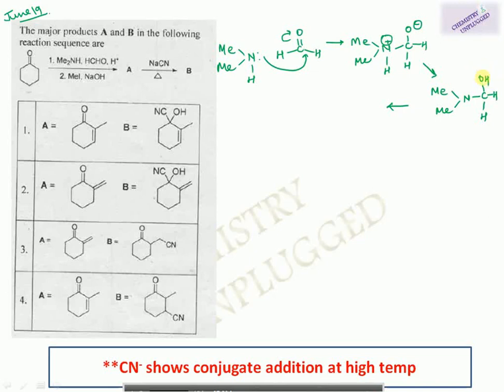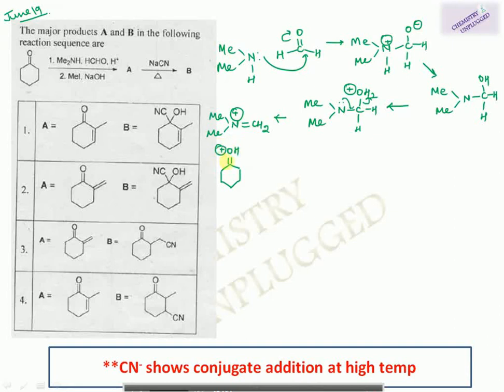So what will we get? You will get this one. Then the lone pair of electrons present on nitrogen will shift here and this group will be removed, so you will get the Mannich base here. Now this Mannich base can participate in the reaction, but before this we have to convert this cyclohexanone into enol form. How will you convert it? We have cyclohexanone, H plus will combine with this and it will form OH plus.